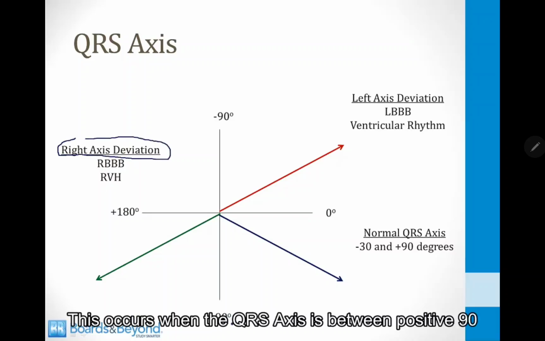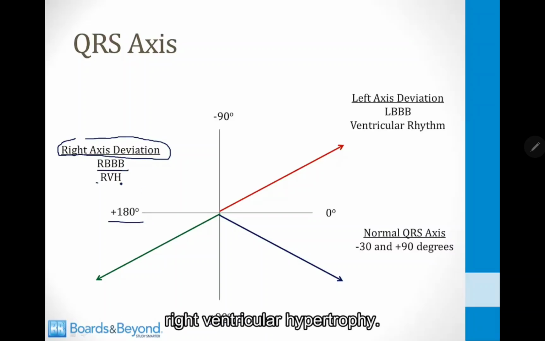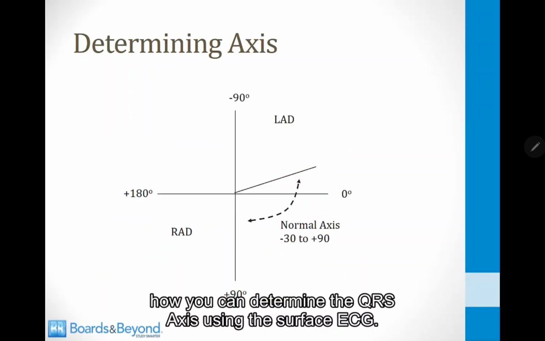This occurs when the QRS axis is between positive 90 and plus 180. And some of the conditions that can do this include a right bundle branch block, right ventricular hypertrophy, and there are many, many others. With that in mind, let's talk about how you can determine the QRS axis using the